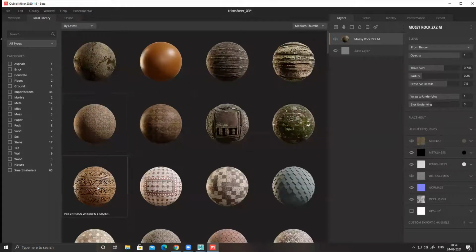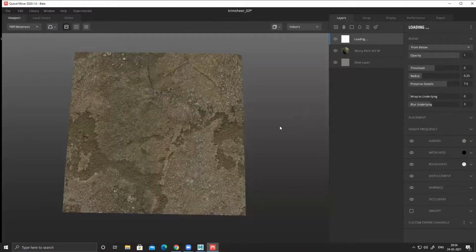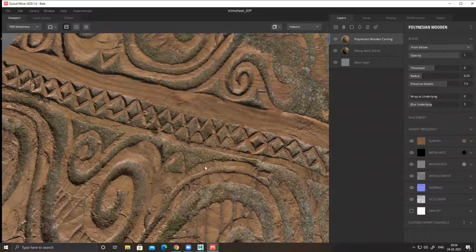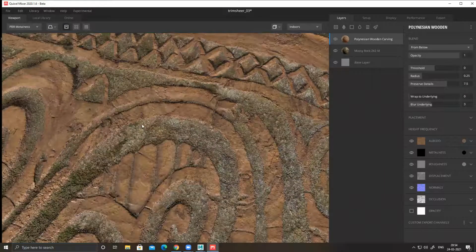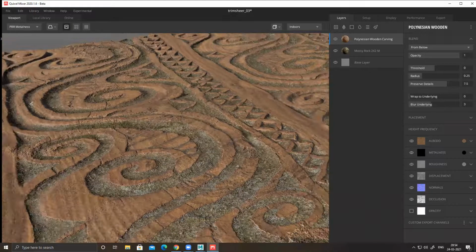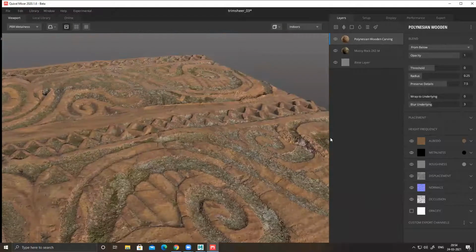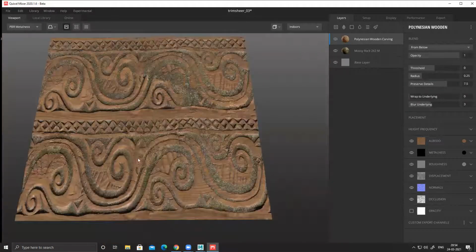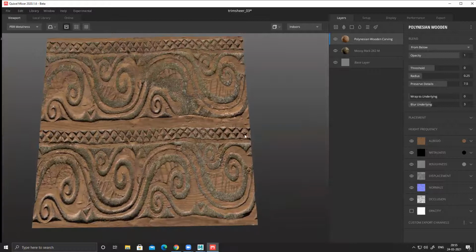Let's see. I want to add some design. Drag and drop over it. You see, it's automatically based on the normal deformation. It blends your base layer and top layer automatically. You don't have to do it manually, right? In between thing. If I don't want it, I can just remove it.